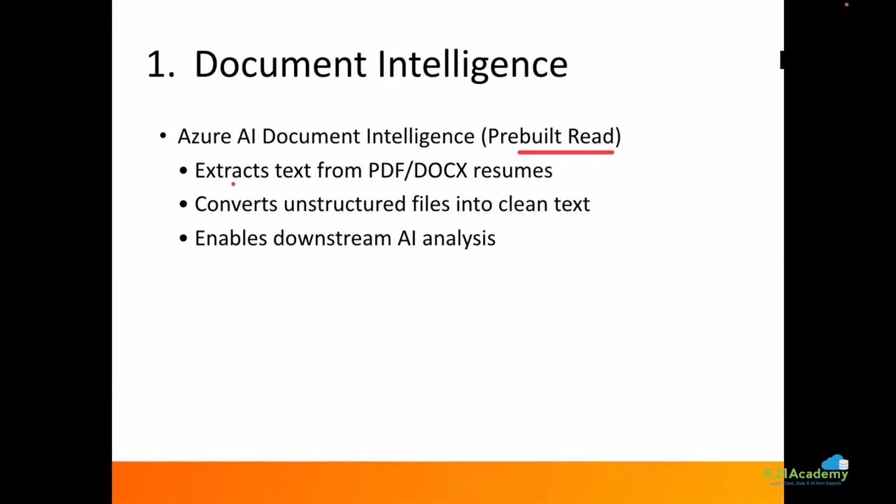And after that, we can upload any document, and this model will help us to provide raw data from my given text data. That is my PDF, right? So we'll take a little time to open, but that was something we have already discussed earlier. So right now, I also want to extract the text from the given PDF document. And we want to convert these unstructured files into clean text data, and it will enable downstream AI analysis